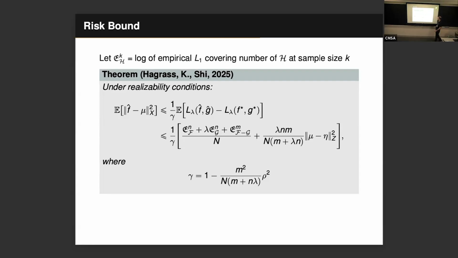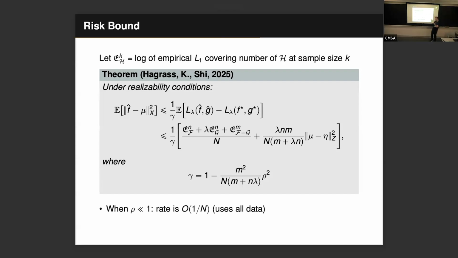It's maybe different from what you're used to seeing, so let me just explain in a nutshell what's going on. This 1 over gamma here is the quantity that really measures how well this additional side information improves things, and it is a quantity that incorporates this rho star. Basically, when this rho star is bounded away from 1, so when this correlation is not too large,